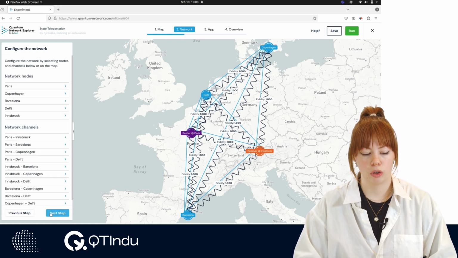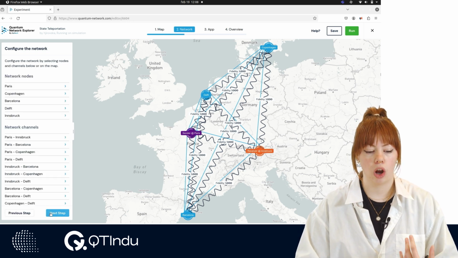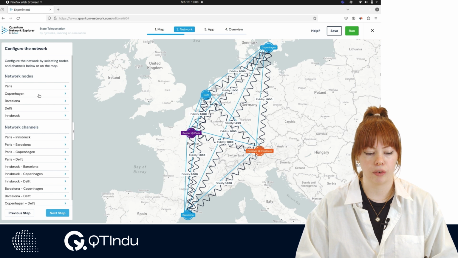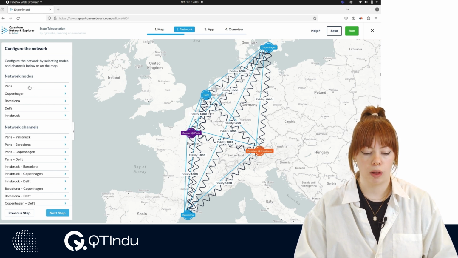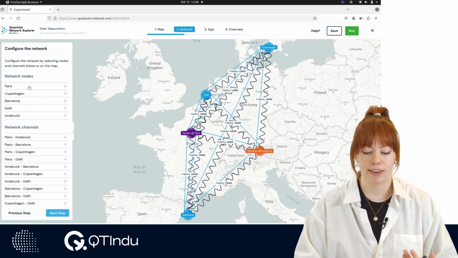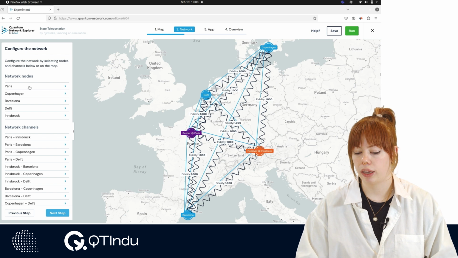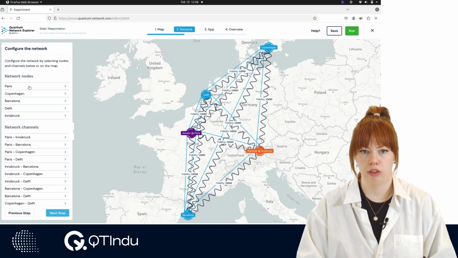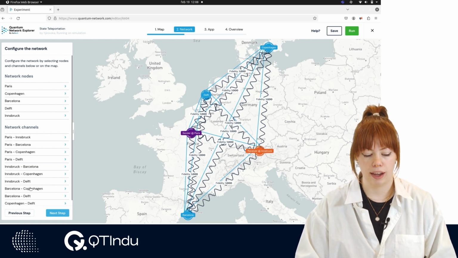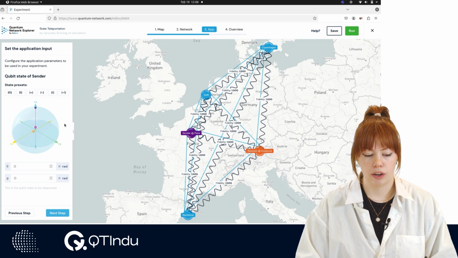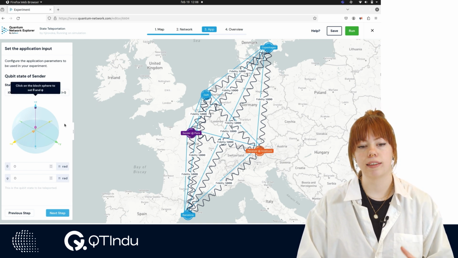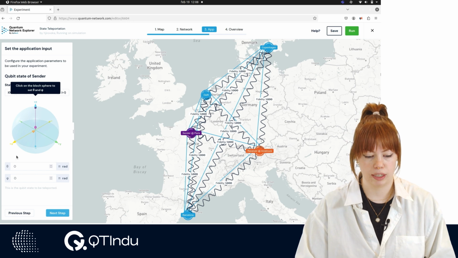We can go to the next step and we can change all of our network configurations. So we can change the quality of our nodes and of our channels. Right now we can keep everything to perfect to see what the application runs like. In our next step, we choose the qubit state that the sender wants to teleport to our receiver, and we